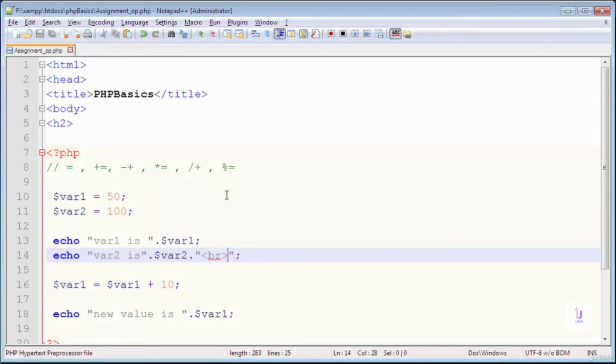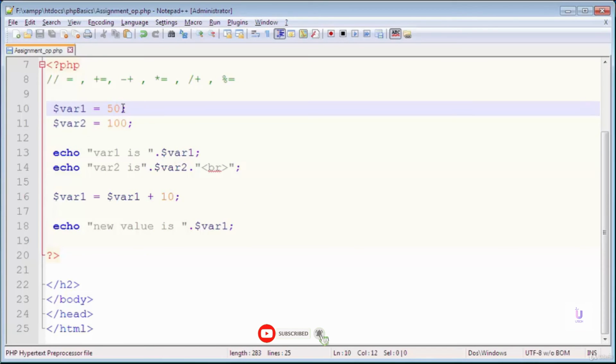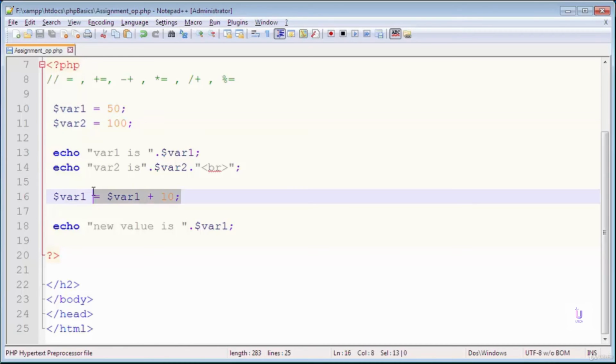Now I'm going to tell you what is the purpose of these compound assignment operators. If I want to add 10 more to the value of variable 1, I can write variable 1 plus equals 10. This is a compound assignment operator.